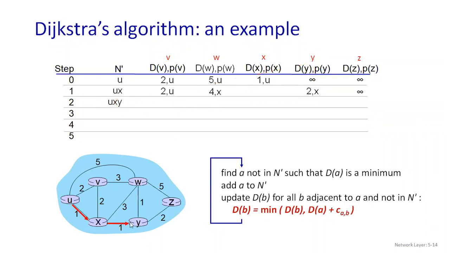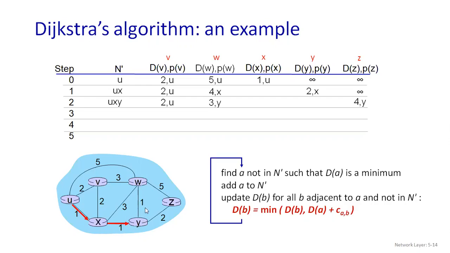Now here you can see I have given the arrow mark over here. Now you are going to find out again through your Y. So Y to V, is there any direct connectivity? Y to V? No, there is no direct connectivity. Okay, but what you are going to do? As it has already got a value from your U and from your X, it will continue with that. We are not going to change it. Fine. So now W. For W, do you have any connectivity from Y to W? Yes, you have here. Okay, U to Y to W, direct connectivity. What will the distance be?